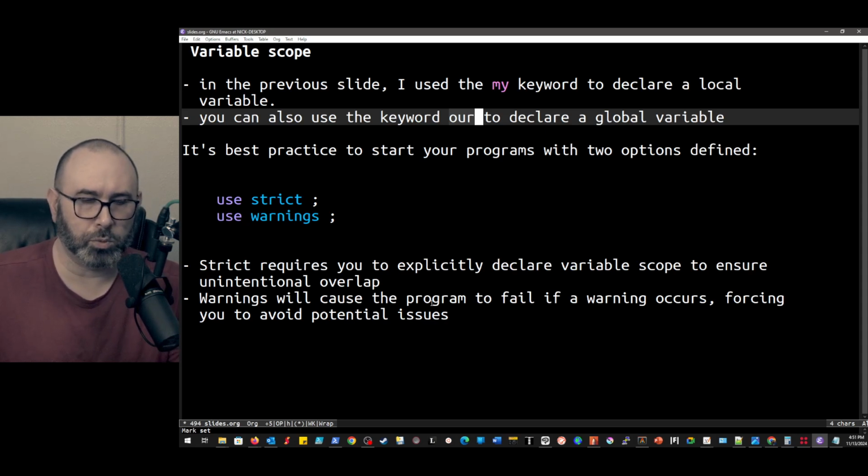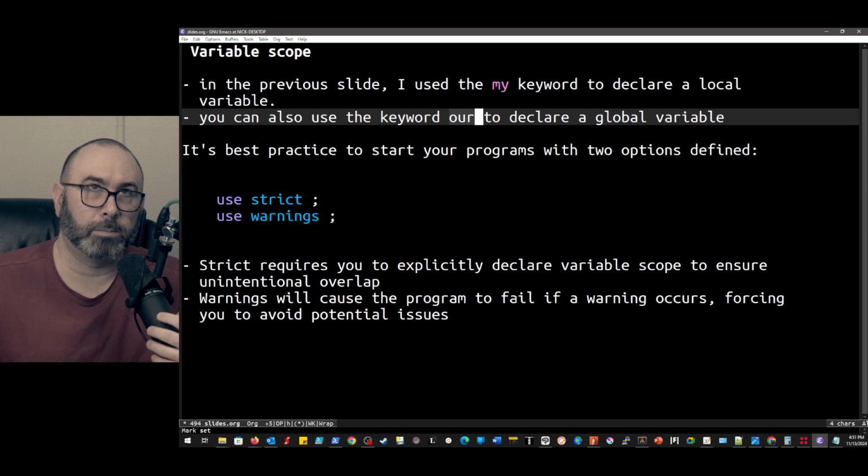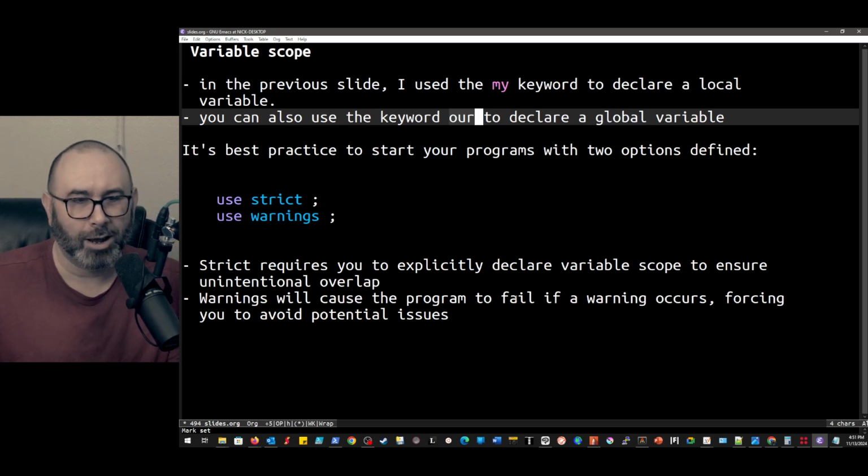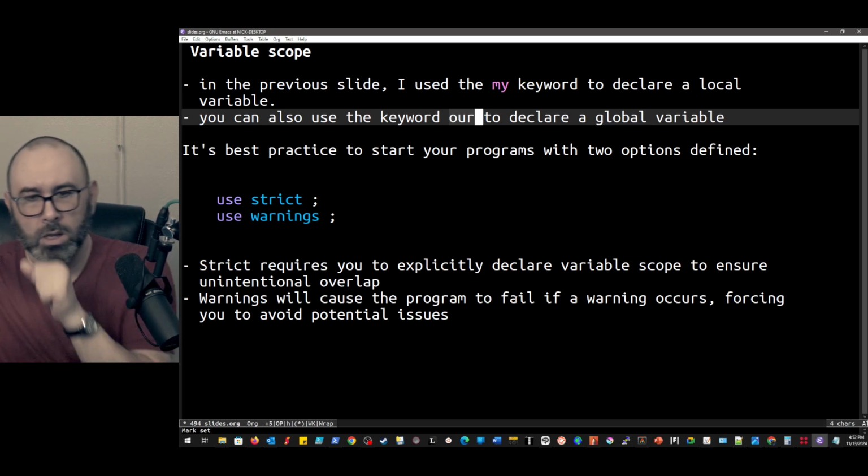And then warnings will work similar to, I forget the syntax in shell as soon as I brought it up to talk about it. But basically, if you have something that would generate a warning, it treats that like an error.